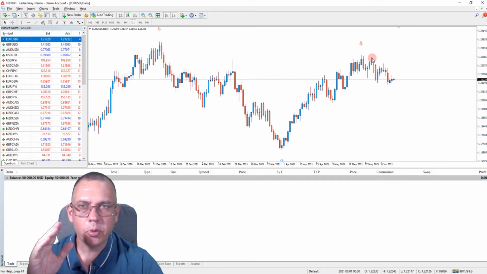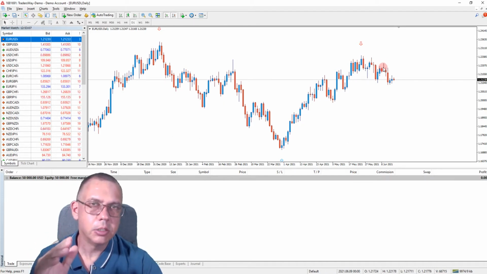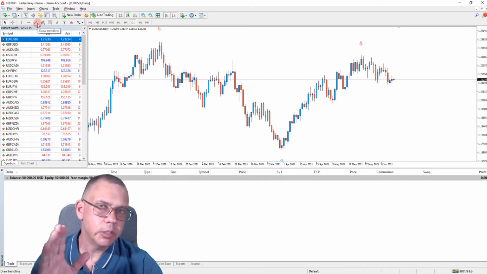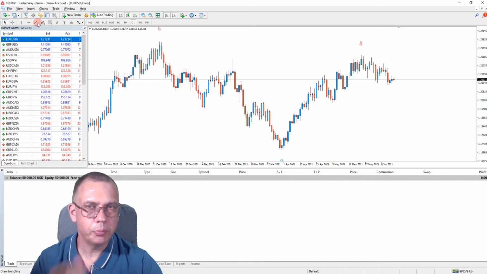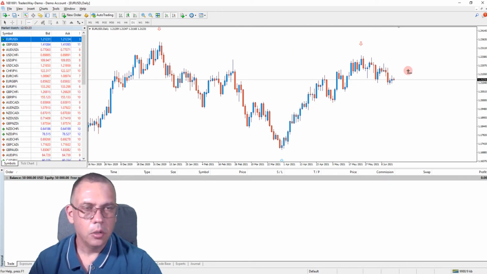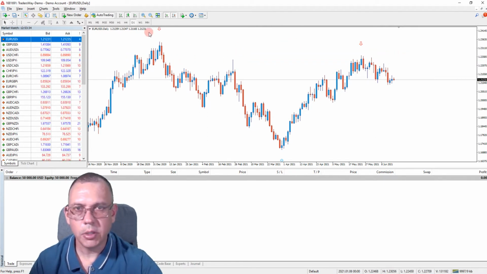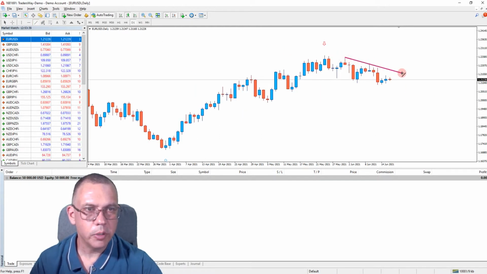We have a high point here, followed by another high point and another high point. So every high point is lower than the previous high point, meaning that we are in a downtrend right now. And whenever we have a downtrend, we need to mark our resistance. If you have an uptrend, you need to mark your support. So right now we need to mark our resistance, and if I go from here, oops, I did not mean to draw a horizontal line, but to draw a trend line. I'm going to go from this point here like that,